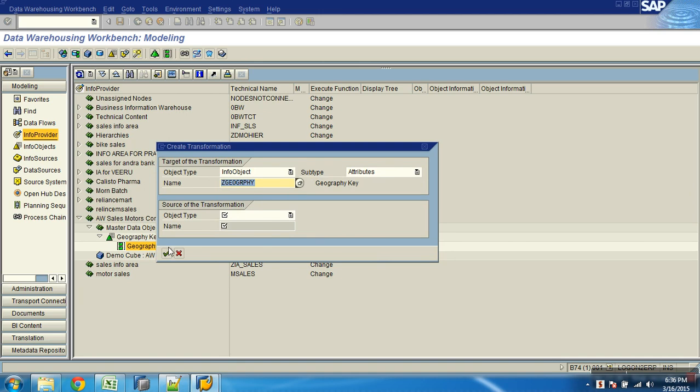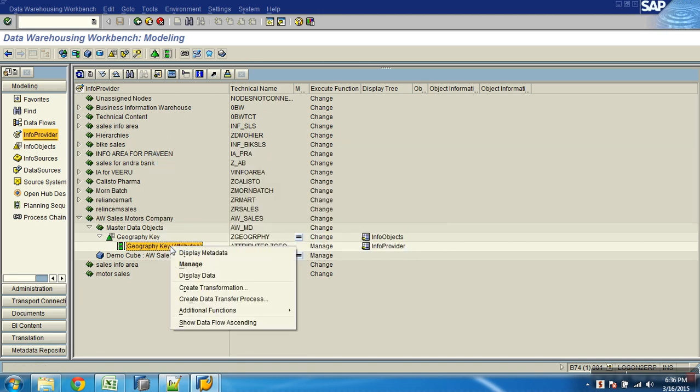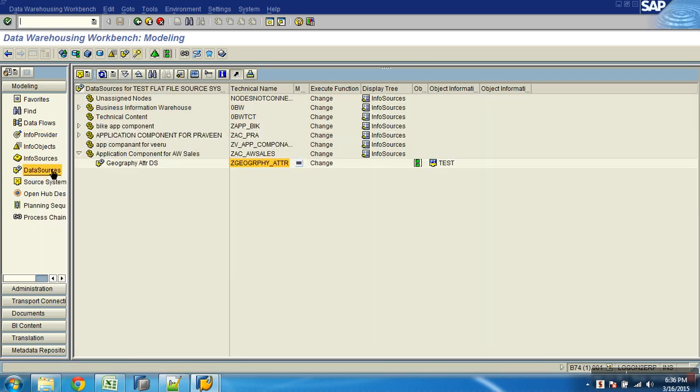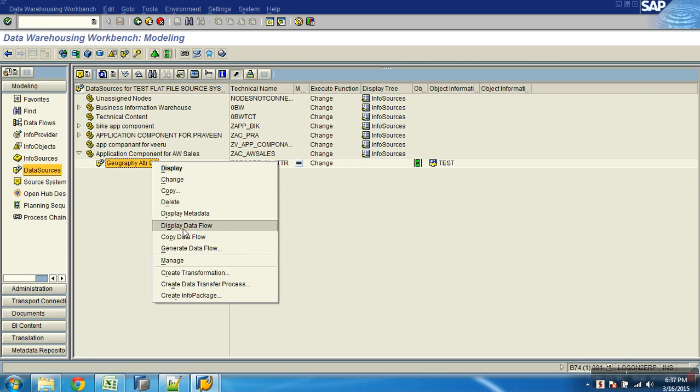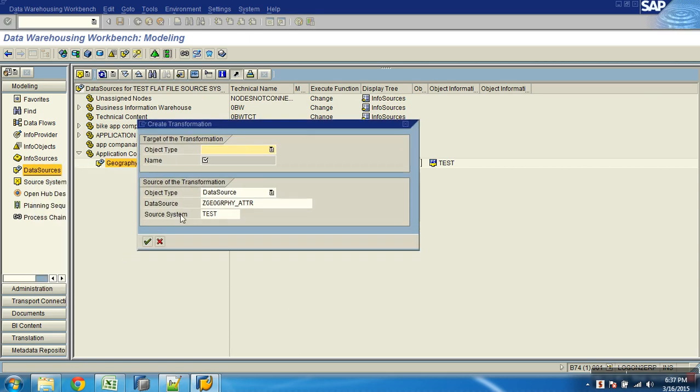Why? Since I have right clicked on this attribute, it understands this as the target and is asking me for the source, the data source. What is my source object, the source of the transformation? If I go to the data source and right click on it and say create transformation, it takes the data source and now asks me for the target.